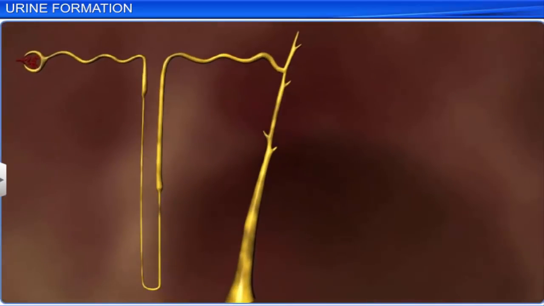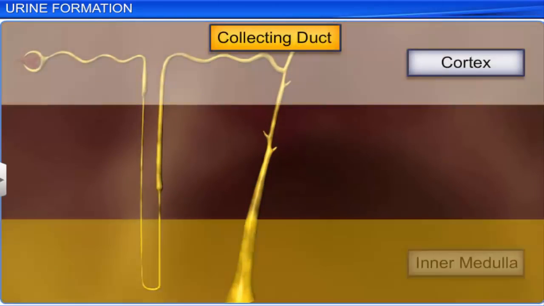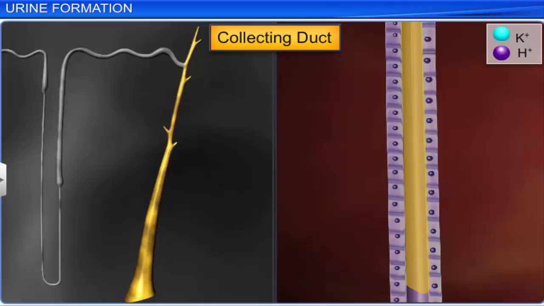The distal convoluted tubules of several nephrons open into a straight tube called the collecting duct, which extends from the cortex of the kidney to the inner parts of the medulla. The duct helps to reabsorb water, thereby increasing the concentration of urine according to the body's state of hydration. It also maintains osmolarity by enabling small amounts of urea to pass into the medullary interstitium. Further, it selectively secretes hydrogen and potassium ions and maintains the ionic and pH balance of blood.